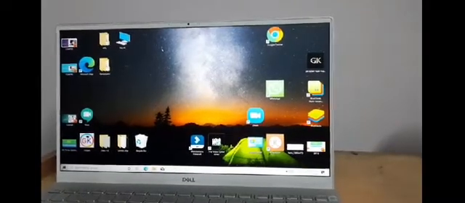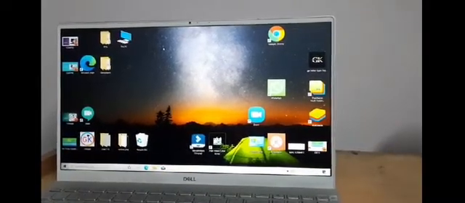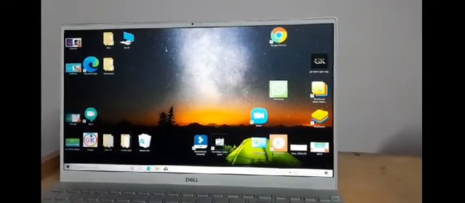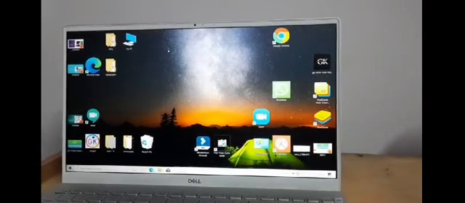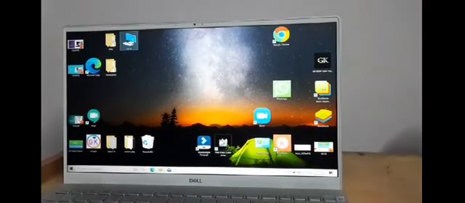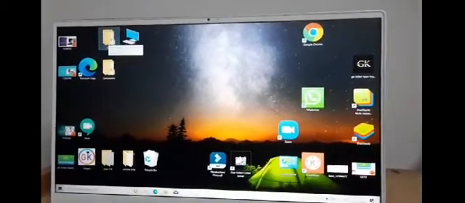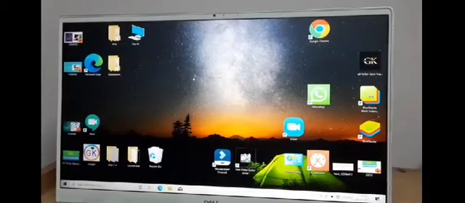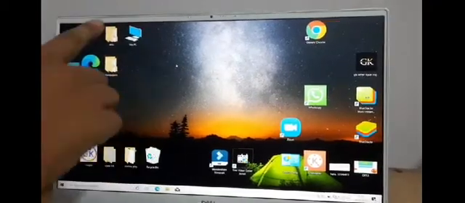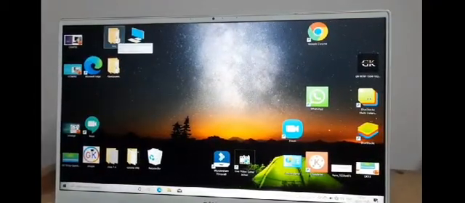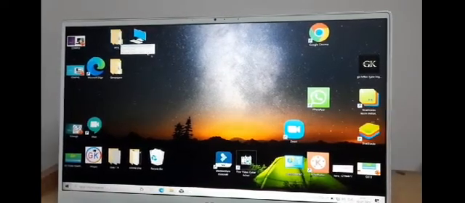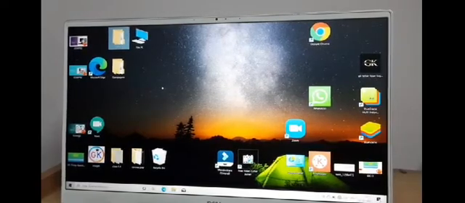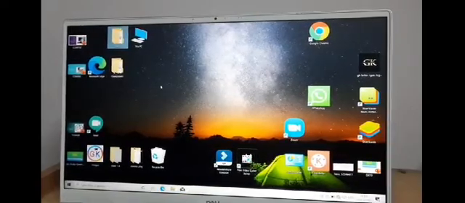Okay children, now let's start working on desktop. First, we start with selecting and deselecting an icon. Now, how can you select an icon on the desktop? You simply click on the icon which you want to select. Suppose I want to select this icon. Any icon you can select. You can simply keep your mouse pointer on that icon and click one time. When you click one time, you can see it appears highlighted. That means that icon is selected.